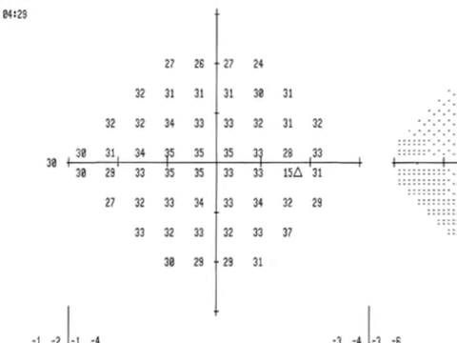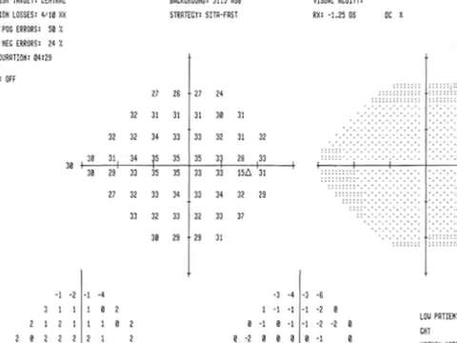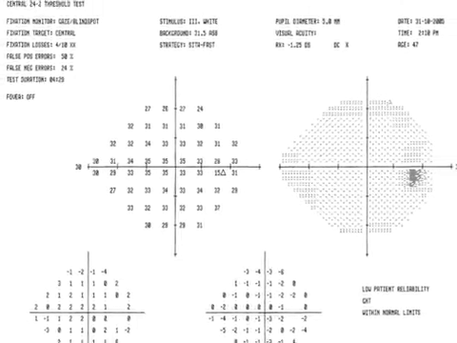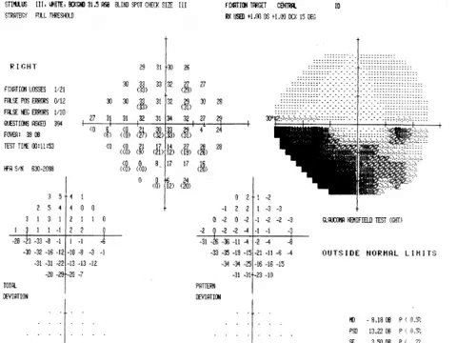When the person sees the flash of light, they press a button. The results are printed as a numeric value for the sensitivity at each point and then represented as a grayscale picture to aid interpretation. This is typically used for screening and monitoring of glaucoma. Here is a normal Humphrey field, and here is an arcuate defect in glaucoma. This is termed static threshold perimetry, as the stimuli is shown in fixed grid positions to establish a threshold at